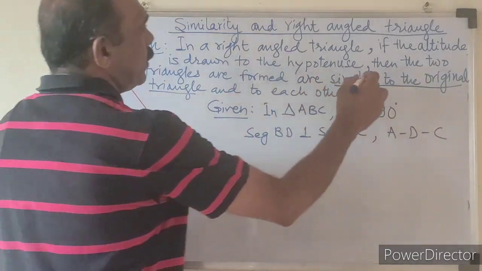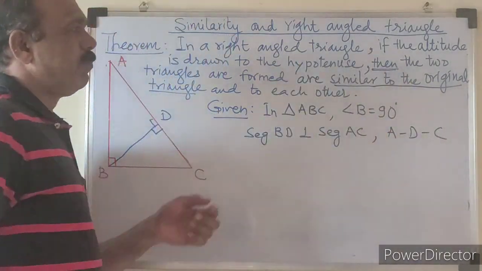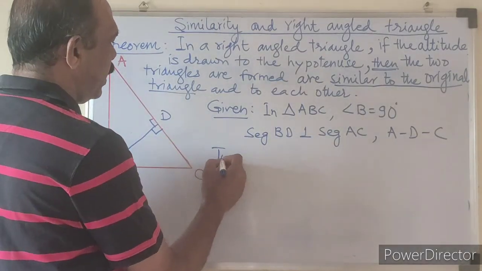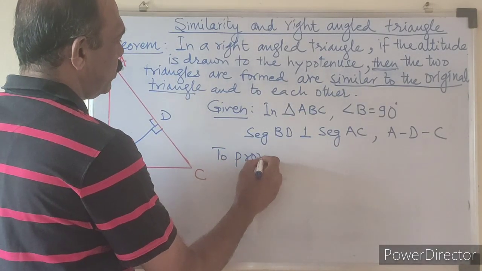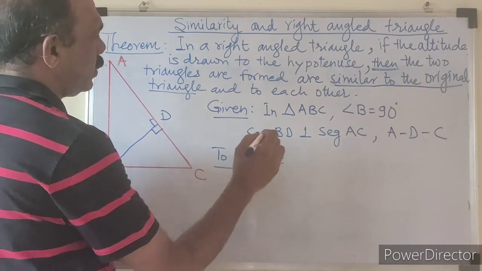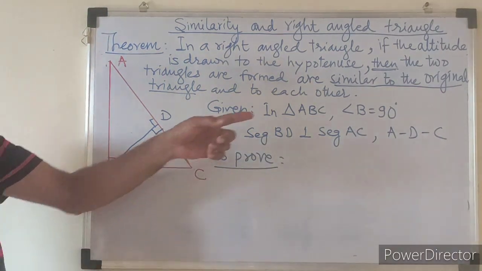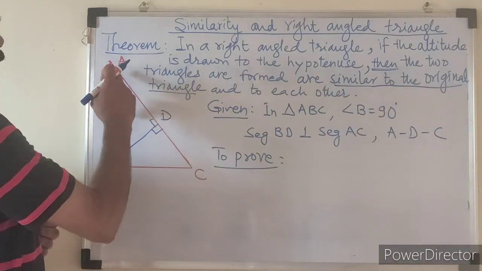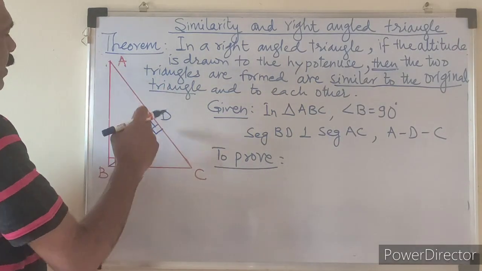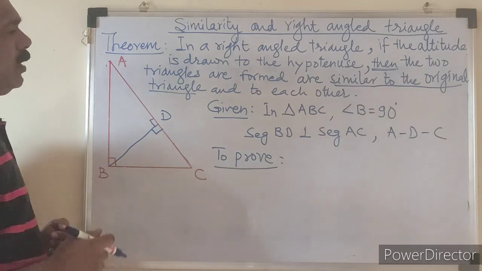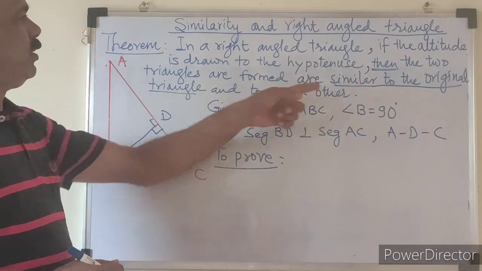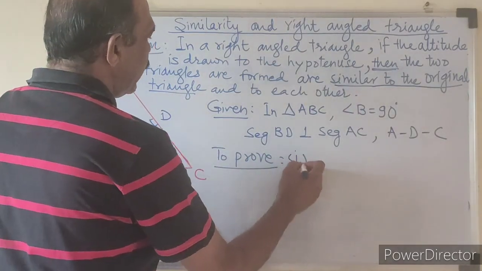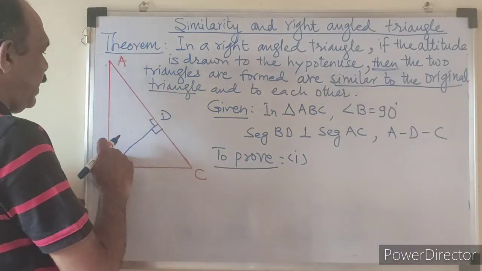Now after that, the part which comes is that we have to prove. So to prove, two triangles are formed. Which are the two triangles? That is triangle ADB and triangle BDC. They are similar to the original triangle. So we will write first triangle, that is triangle ADB